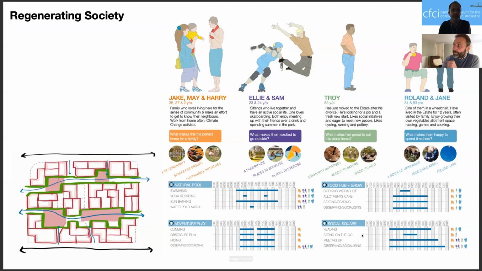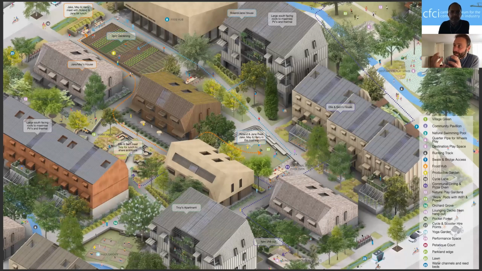So this is what we've done from the outset. It's thinking about who is going to be living in these communities. So we've come up with these fictitious characters and tried to really drill down and understand what they need, what they want, to be able to bring them together and support one another, and how they move around the site. So we started placing, first of all, not the buildings, but their social infrastructure, the social, the green and the blue infrastructure. And through understanding what their social needs are, then we can start to place the buildings.